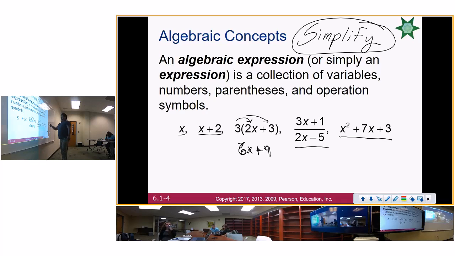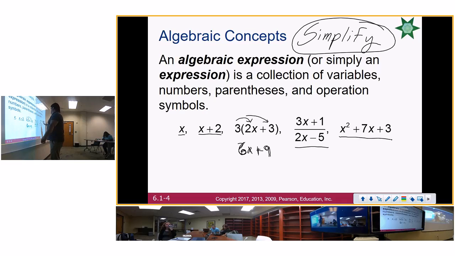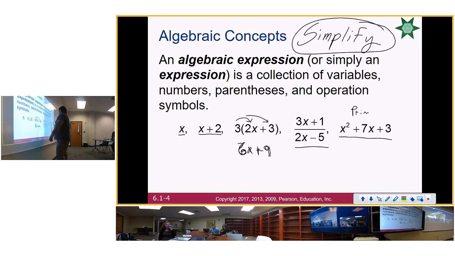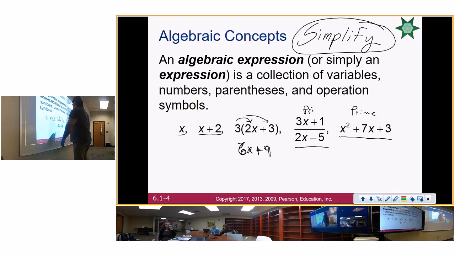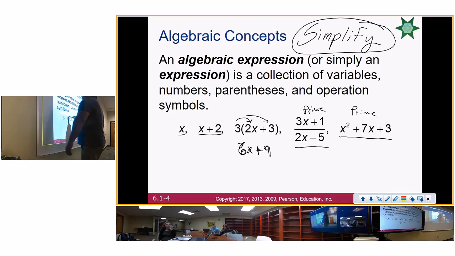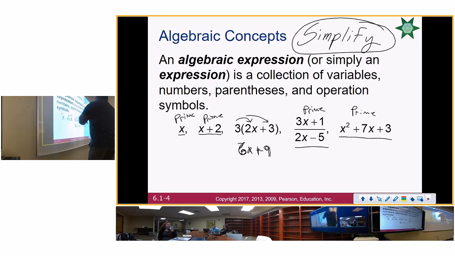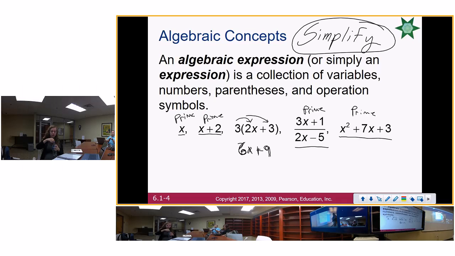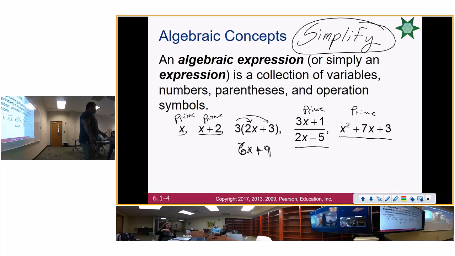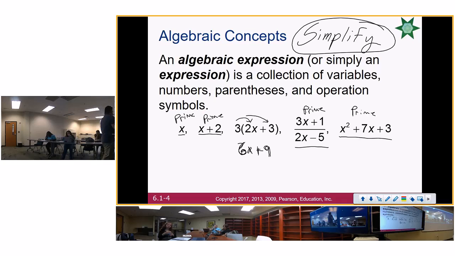So all these numbers, these are what you call prime, because you can't what? You can't do anything to them. You can't break them up. Okay, you can't do anything to them. So associate those expressions that you can't do anything with, associate those with those prime numbers, only you call them prime terms or prime expressions. Next probably be,